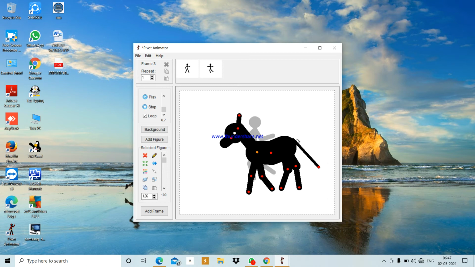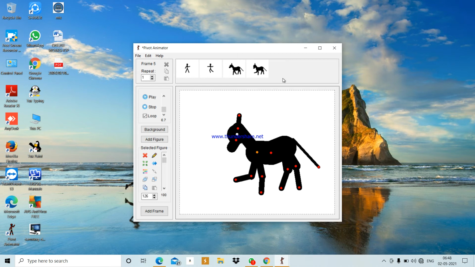From the tools panel you will click on add frame. For example, this also we have done. So let's click on add frame. Next you can change the next step. Again you will change the position. In the first figure you have not seen the onion skin, but in the second frame you will see the onion skin here. Now we will do the movement like this. Again we will add this frame. This is how you can add the frames and give the movements. Now you can see that there are 4 frames, 4 figures in the timeline.